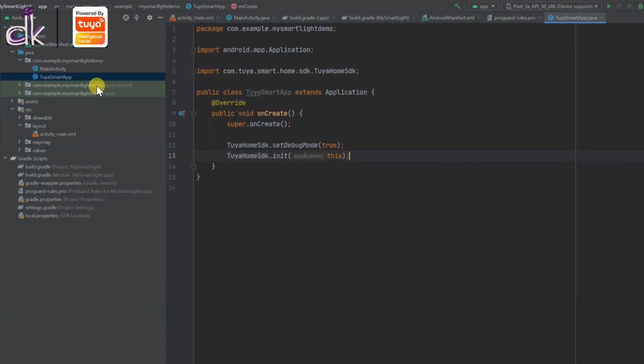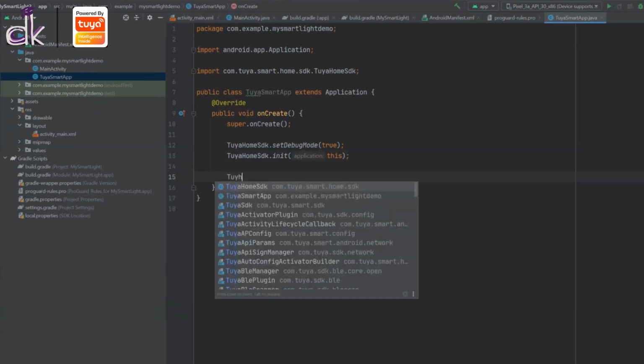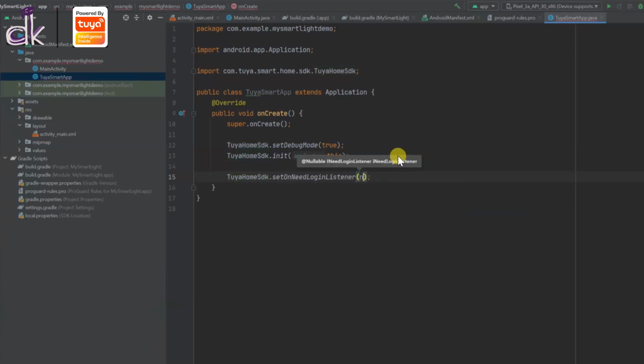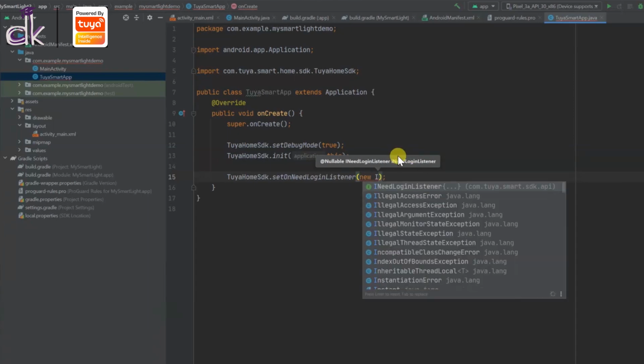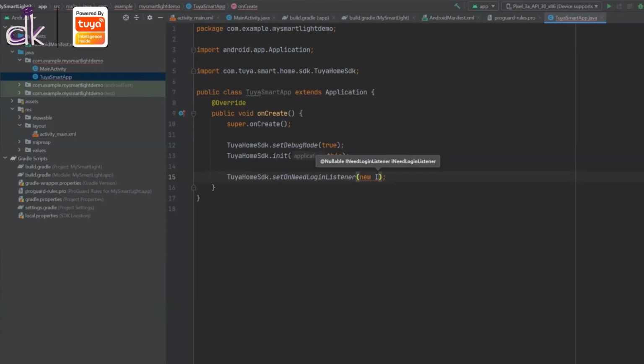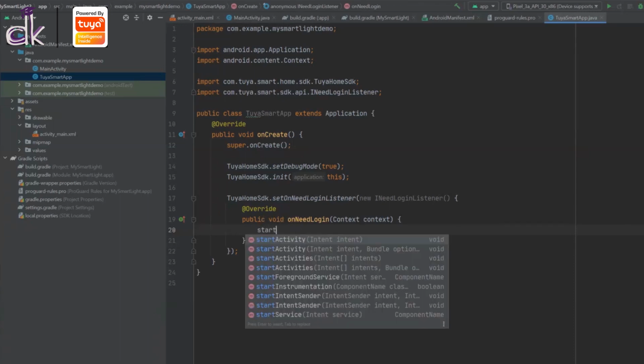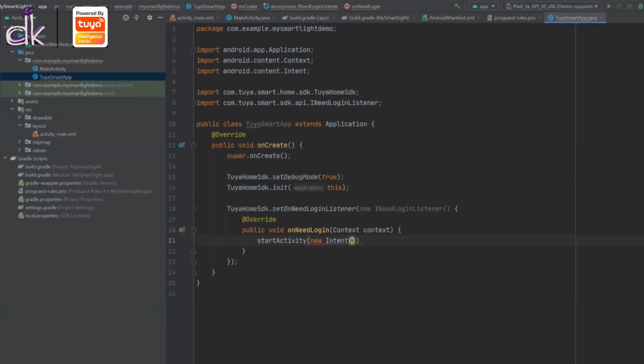So how do I go from this application into the main activity? For that we have the Tuya home SDK dot set on need login listener. Just type in that and then type in new, and you will already get the autocomplete. Just go ahead with the first option, which is I need login listener, and the code will be auto generated for you. And inside this you just need to call in start activity and create a new intent to your